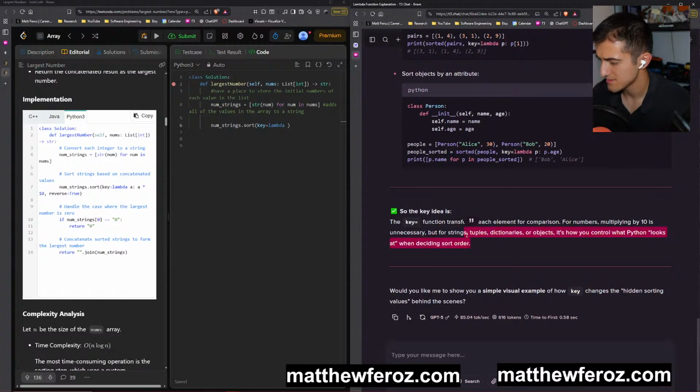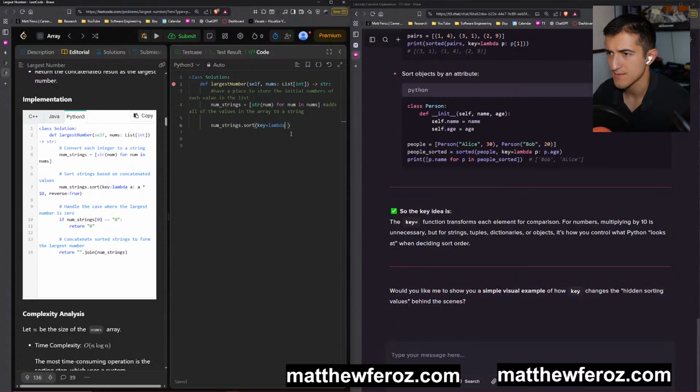Okay, descending order. Key changes the hidden values for the sort. No, I'm good. I think I understand it. So a times 10, reverse equals true.